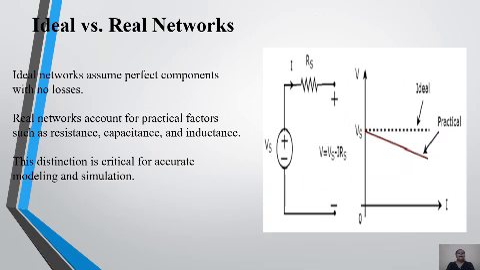In ideal versus real networks, ideal networks assume perfect components with no losses. Real networks account for parasitic factors such as resistance, capacitance, and inductance. This distinction is critical for accurate modeling and simulations. This was the example, ideal and practical versus